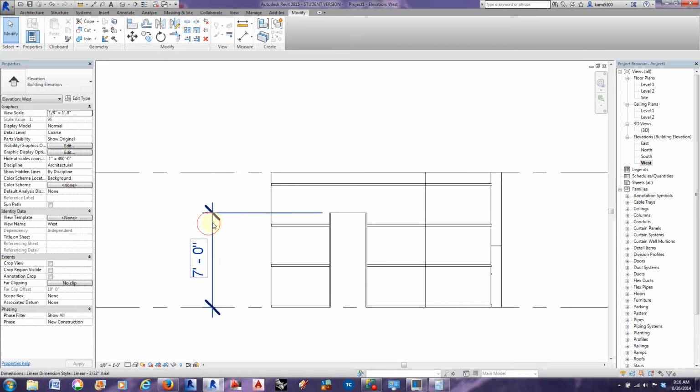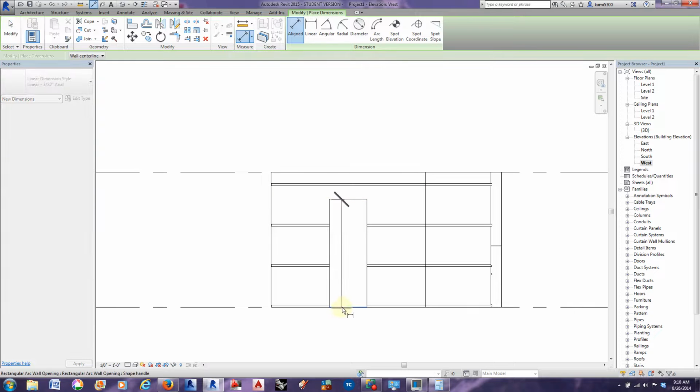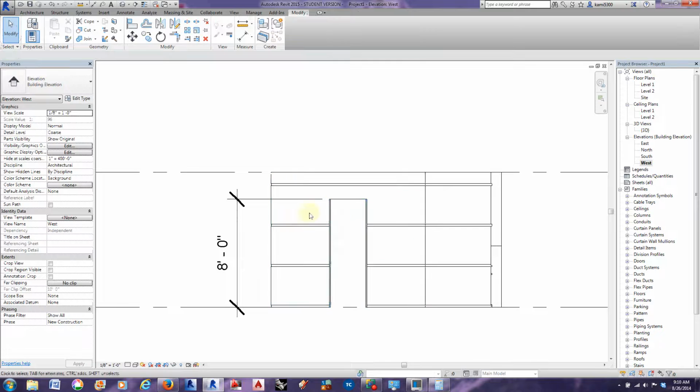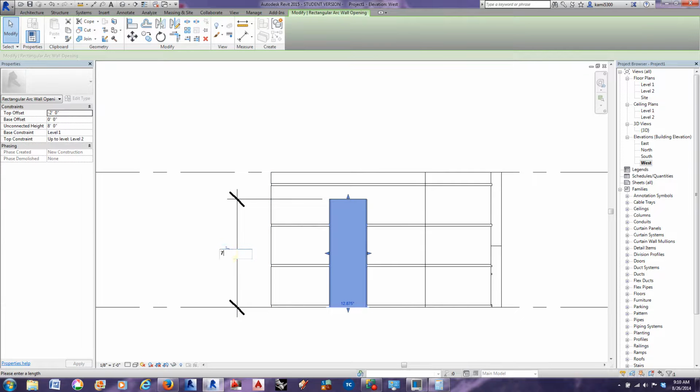I'm going to undo that because I selected from the wrong place. Let's try that one more time, and we're going to get the bottom of this doorway opening so that when you do select it and change the height,